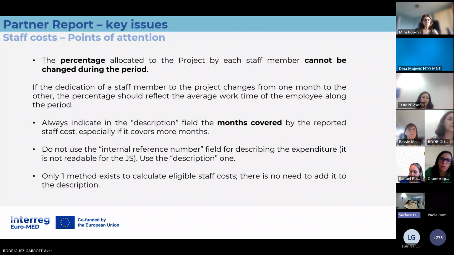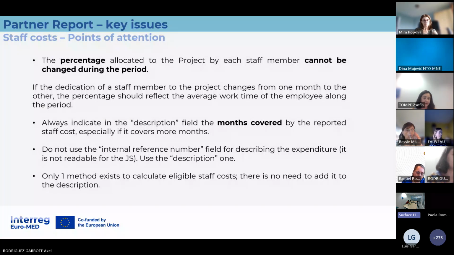In any case, if there was a change from one month to another during a period, the percentage reported should reflect the average work time of the employee along the period. So this is an option if you have to recalculate your percentage at the end of the reporting period. But you should always have the task assignment document updated to the percentage you use for the reporting.